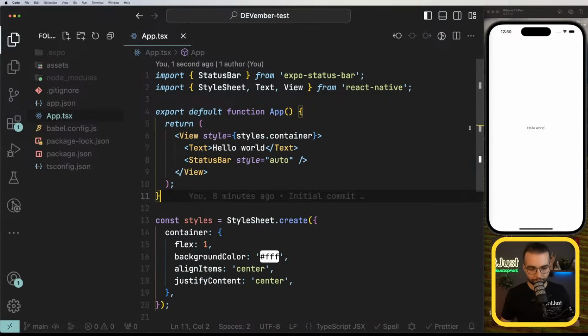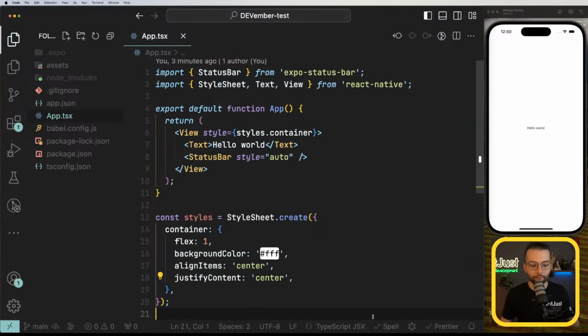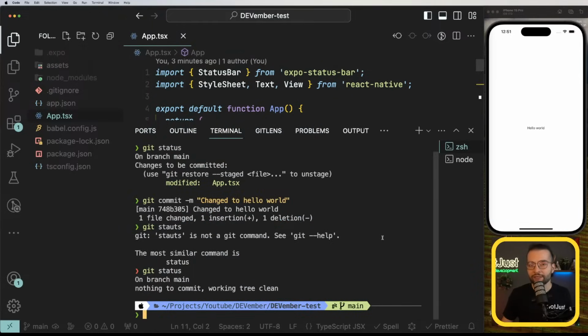But so far, the Git repository is only local on our system. It's on our machine. It's basically a directory here in our folder. So if something bad happens with our machine, if we lose access to it, if someone steals it, if we lose our laptop with our project, that means that we completely lose the whole source code that we have been working on. For that reason, there